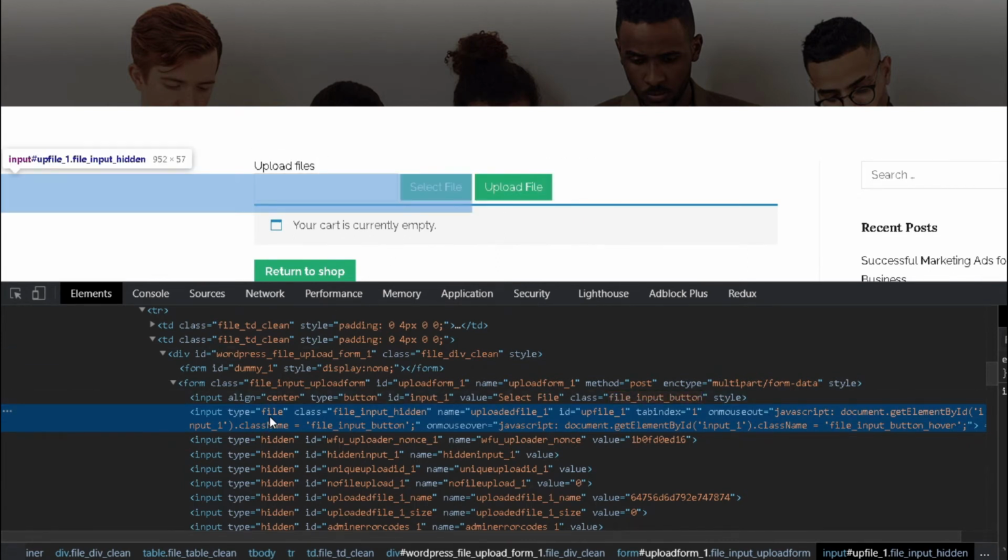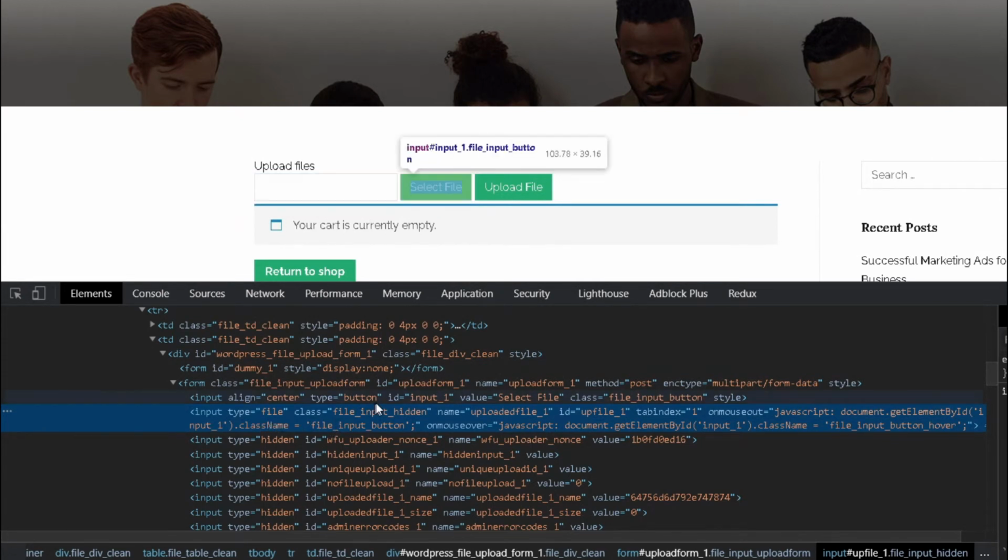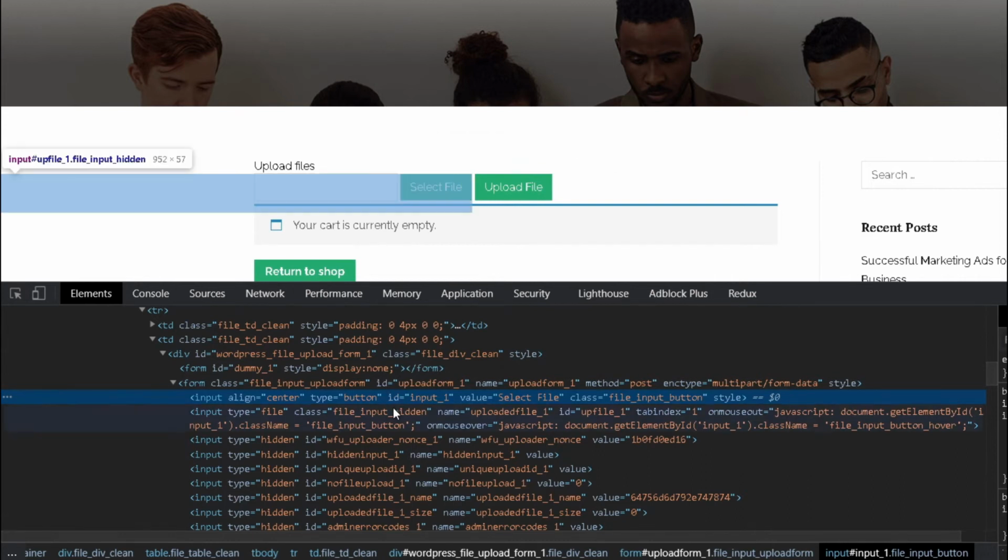So I know this is complicated, right? Because you need to target this element, but this element is not visible. Instead, the other element is visible, but when you're targeting that, you cannot really upload anything on that. So this is what you will find in the majority of modern websites. To overcome this, we will have to make sure that our input element is actually visible so that we can see it on the screen.